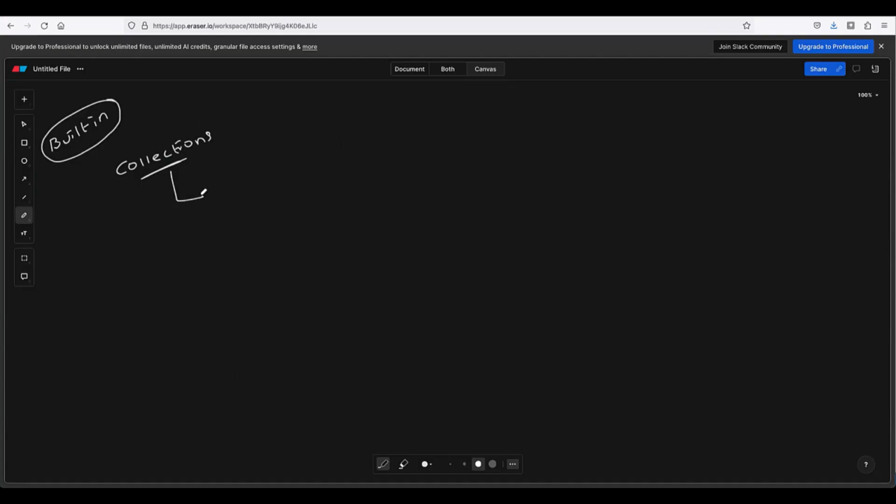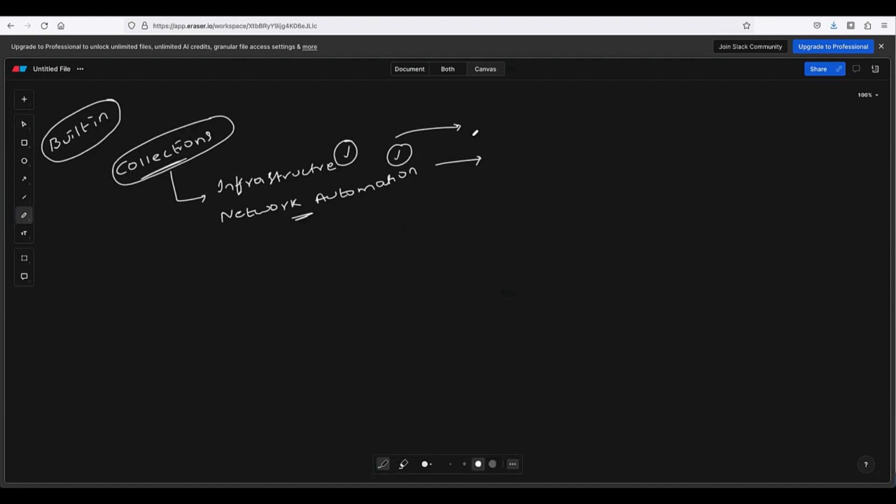But when you want to use Ansible for infrastructure provisioning, like creating resources on AWS, or when you want to use Ansible for network automation, we have a dedicated class for network automation. Again, we might repeat some of these things, but for provisioning of infrastructure or network automation, you need the concept like collections, because either the network appliances or the PaaS platforms, SaaS platforms, IaaS platforms like AWS,